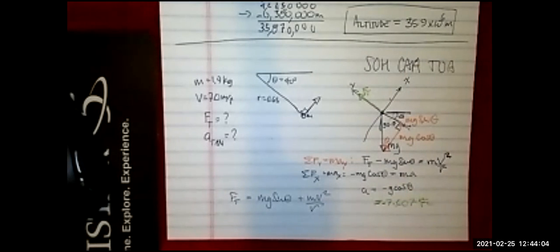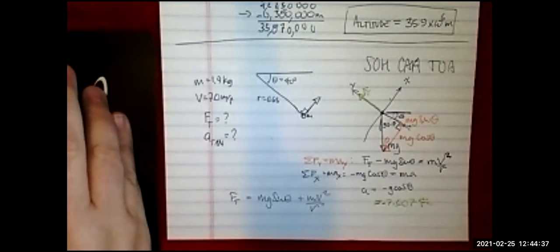So 7.507 is right. If I want to find the X part, I could have just said mg cosine plus ma, and wait a minute. I was just trying to put it into terms. So I could have just said, oh man, no, hold on. I had it mixed up. Yeah, you don't want to mess around with moving the